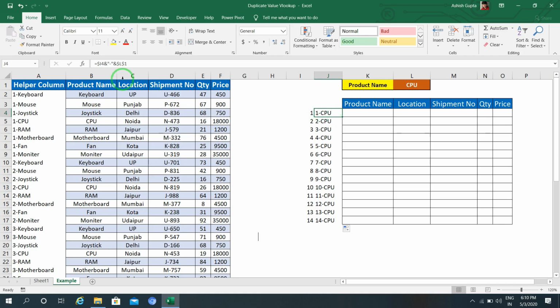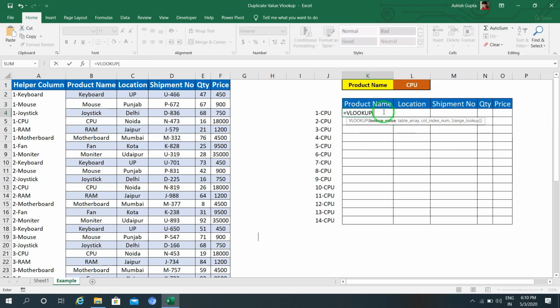The same thing I will use in my VLOOKUP. Before copying this, I will replace the reference. I4 has the rows column, then I will copy this formula and use it on I4. So I don't need this helper column anymore. I will drag this and I will delete this. Now I will copy this and start the VLOOKUP function.